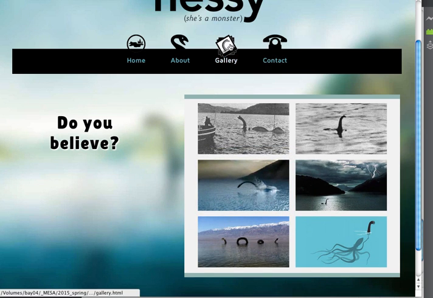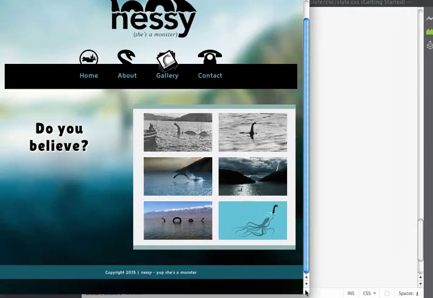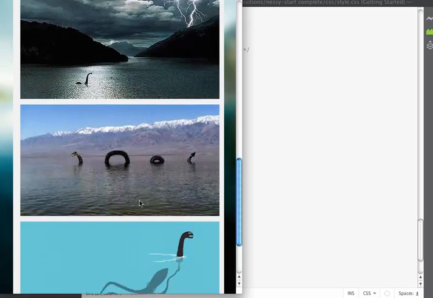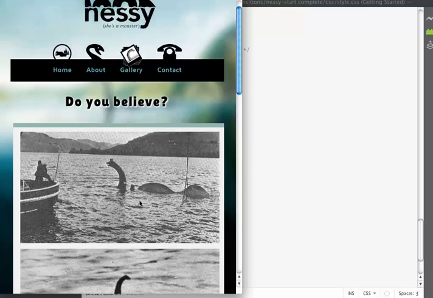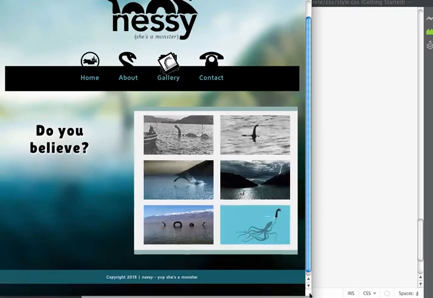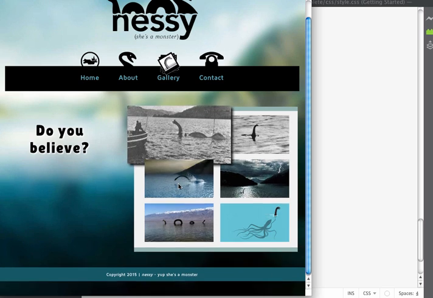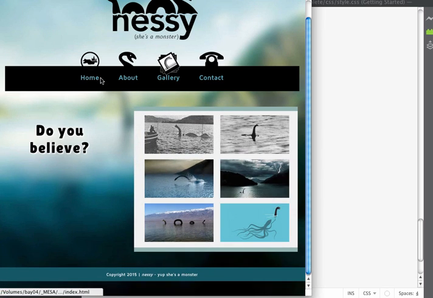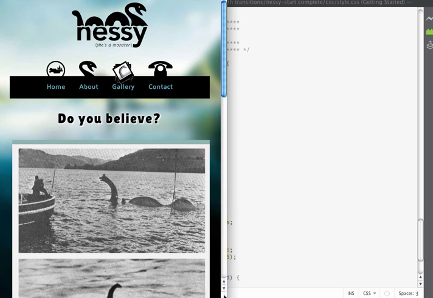We want the navigation to happen at any size. Right now, our gallery does not have the hover behavior on the small screen, and we decided we didn't need that since the images were already appearing fairly large. But at the smaller screens, we definitely want the larger images to appear. The effect that we're going to place on the navigation, however, is something that we want to occur regardless of any size screen. It is worth noting that if you are on a mobile device, you're not going to have